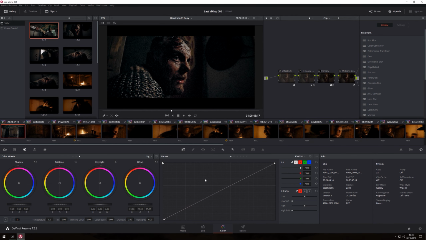Right then, welcome to what is not necessarily a video tutorial or a guide, but just a description really and a breakdown of my process when acting as a colorist on a film. I've been given kind permission from both Philip Stevens, the director, and from Stuart McGregor, the DOP of the film The Last Viking, just to talk through some of my process